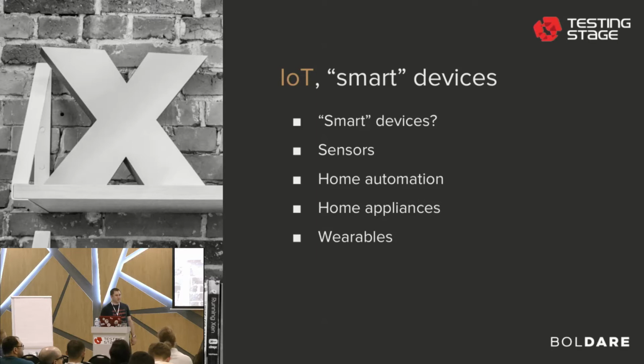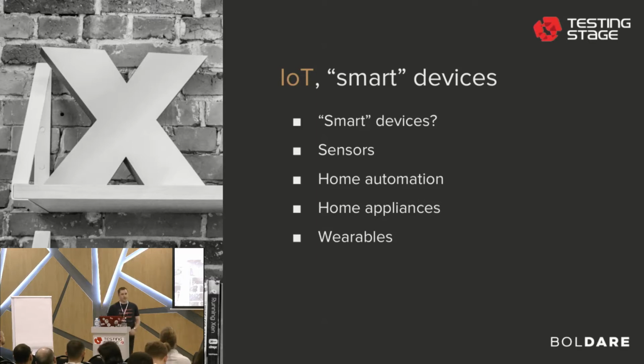Devices like refrigerators that we can connect to the internet. Well, that might be a bit funny, but it's possible. There are devices like that. I mean, home appliances, wearables, devices like smartwatches that become more and more popular nowadays. So what I try to show here is that these devices are everywhere around us. I mean, for example, smartphones.